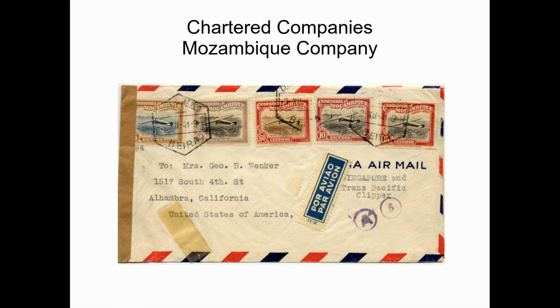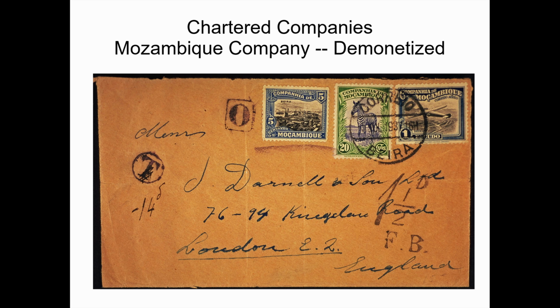And another look here. And then finally, an airmail cover from the Mozambique Company via the Trans-Pacific Clipper that went to the US. Here we have an example of a demonetized Mozambique Company cover. Because of poor performance, much like the Nyasa Company, they weren't returning very much money to the Portuguese crown. The company's concession was not renewed, and it ended in July 1942. The company did continue to operate in the agricultural and commercial sectors until 1972, when it was taken over by